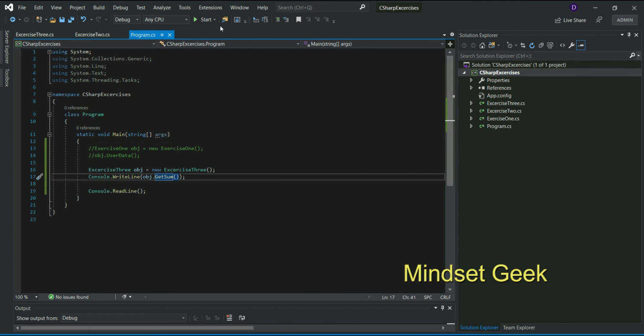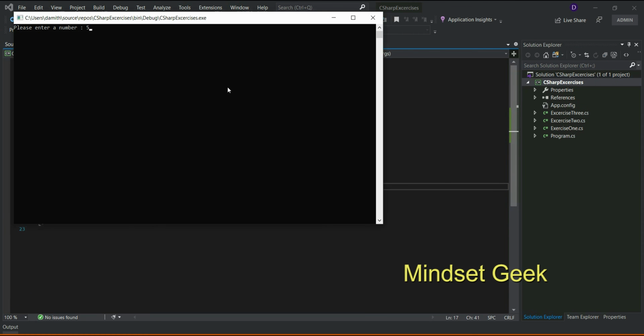If you enter some random numbers, you can get the absolute sum. This is the program.